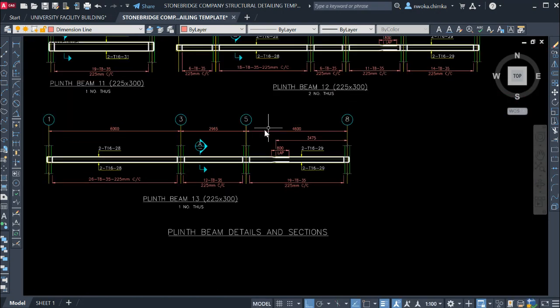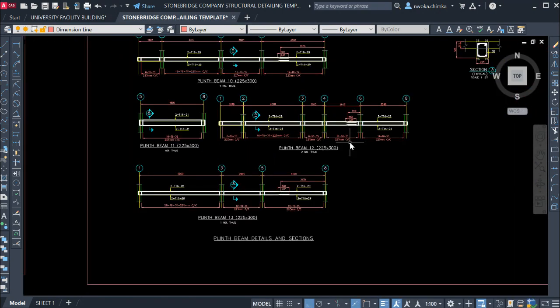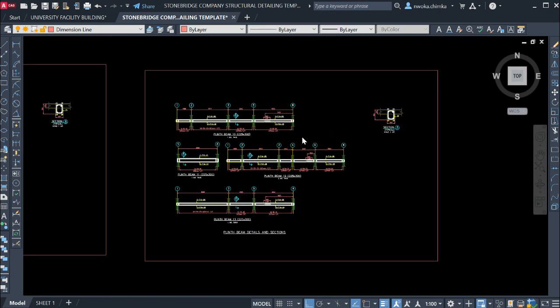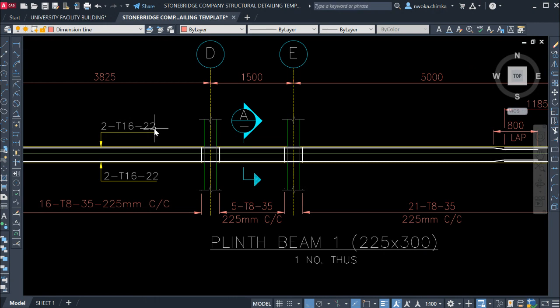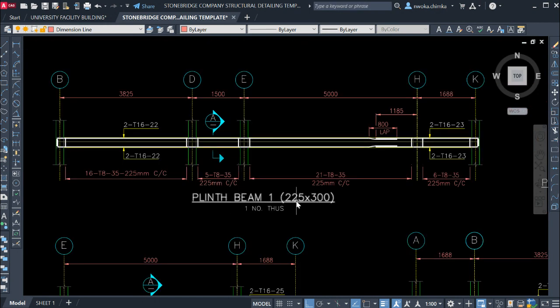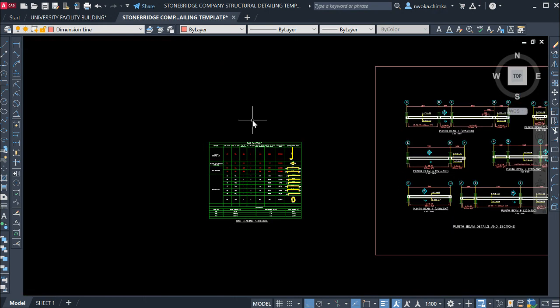Like I said before, this is a live project which we are doing for a client. So that's why I'm taking my time to check all this. Right now we only found 22 on this beam one, as you can see here, and it appeared only once. So we will now have to go here and